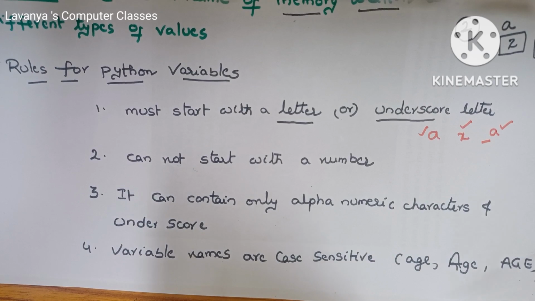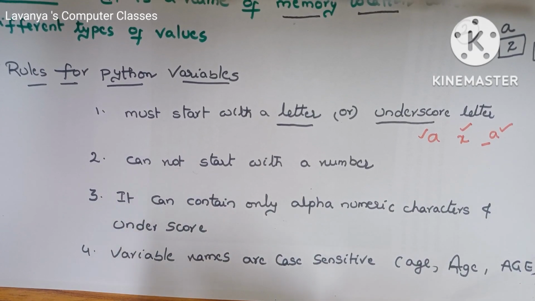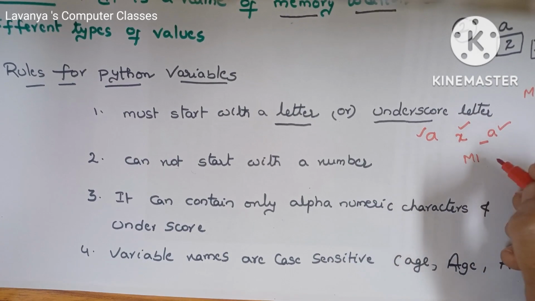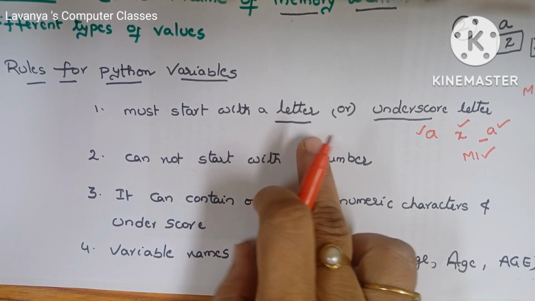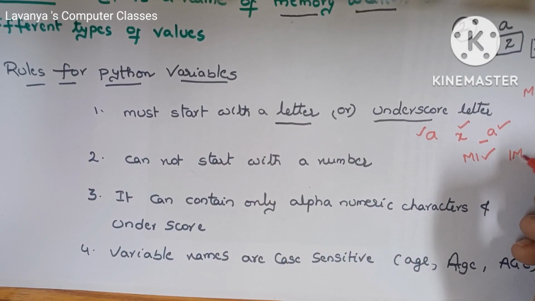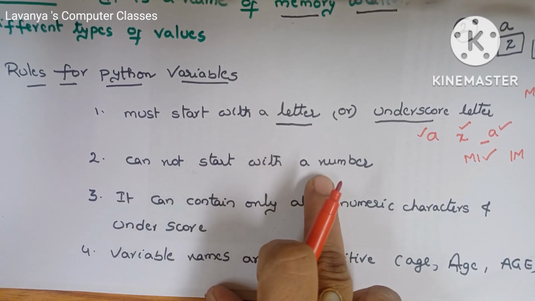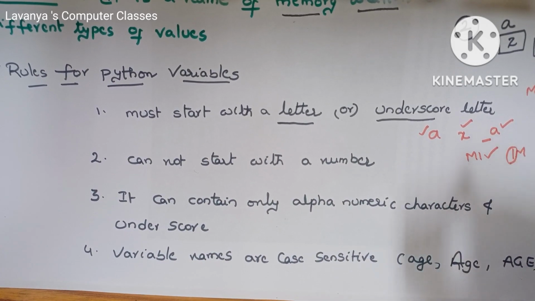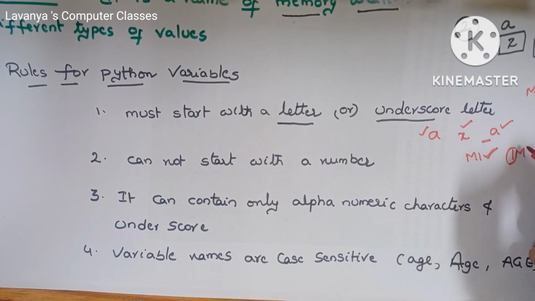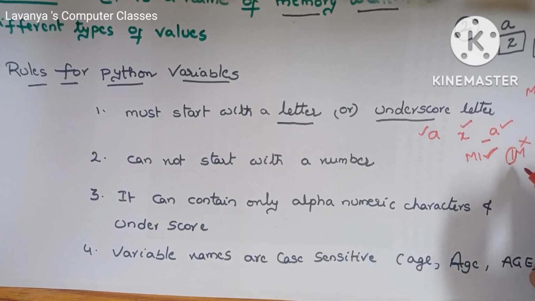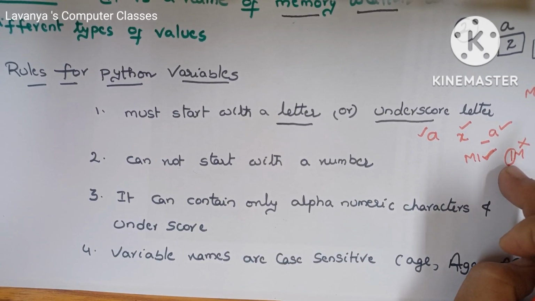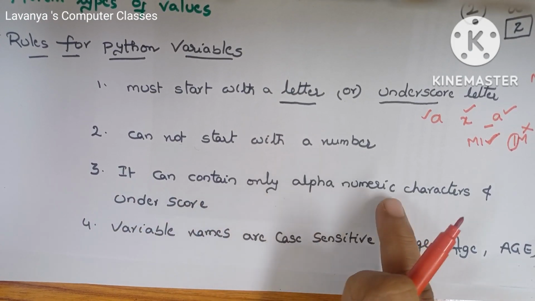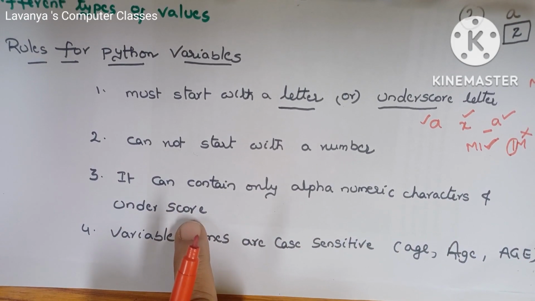For example, I want to give a name like marks in the first subject. M is for marks and first subject means 1, so M1. M1 is also an acceptable variable. If we write 1M, the second one, it cannot start with a number. Any variable name can never start with a number. M1 is an acceptable variable, but 1M is not acceptable because it starts with a number. So the first rule is that, and the third one also: it can contain only alphanumeric characters and only one special symbol,